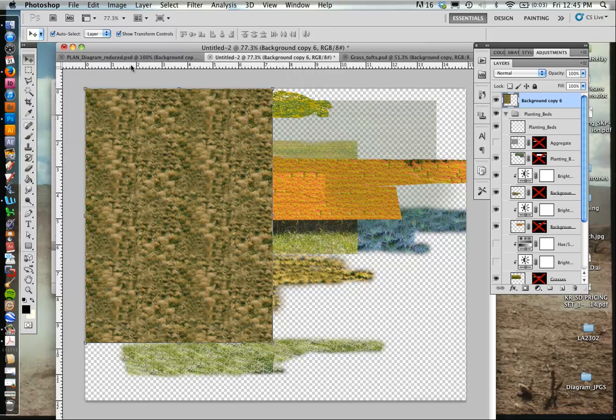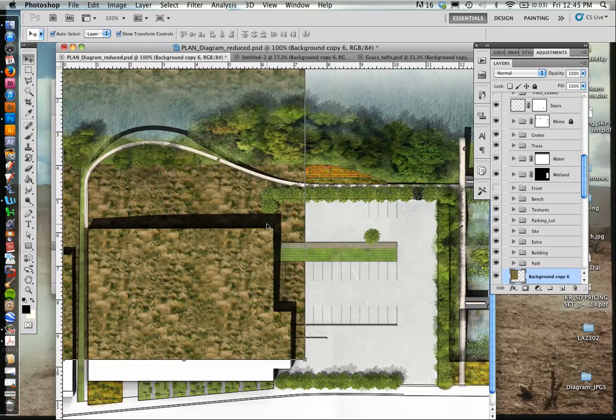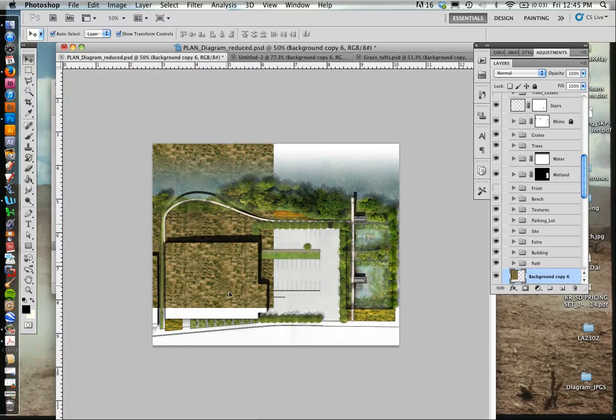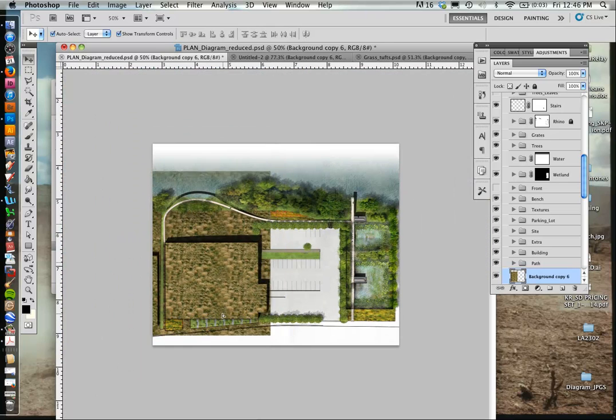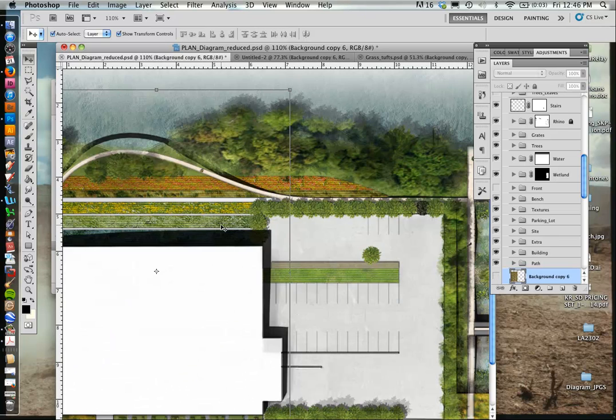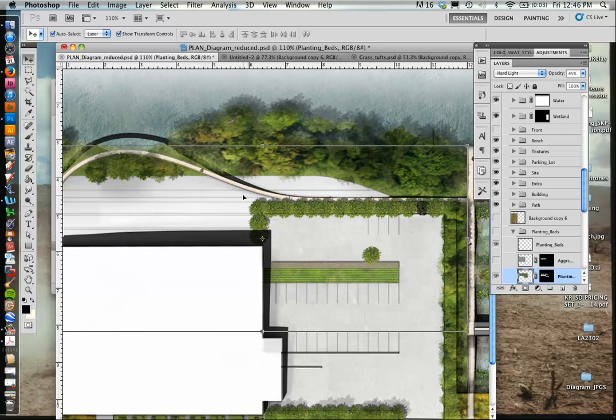I send it back to my original file. I go in here, and I have this big grass thing. Generally speaking, a lot of the times with these, I'll have a base graphic that has the entire page covered with textures. And the reason that's great is then I can go through here, and if I'm down to my line work,